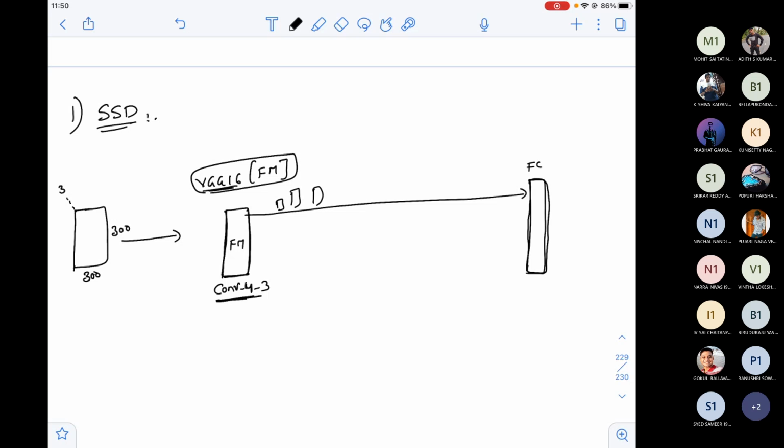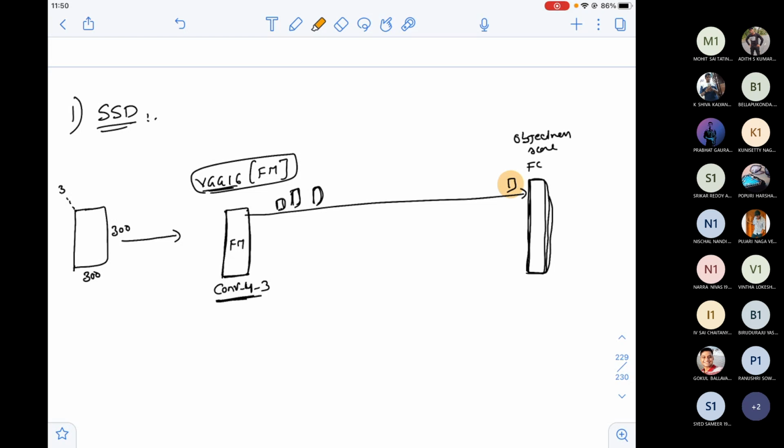Those anchor boxes I directly give to a fully connected layer, and for each anchor box I'll get an objectness score. That means whether some object exists in this box or not.